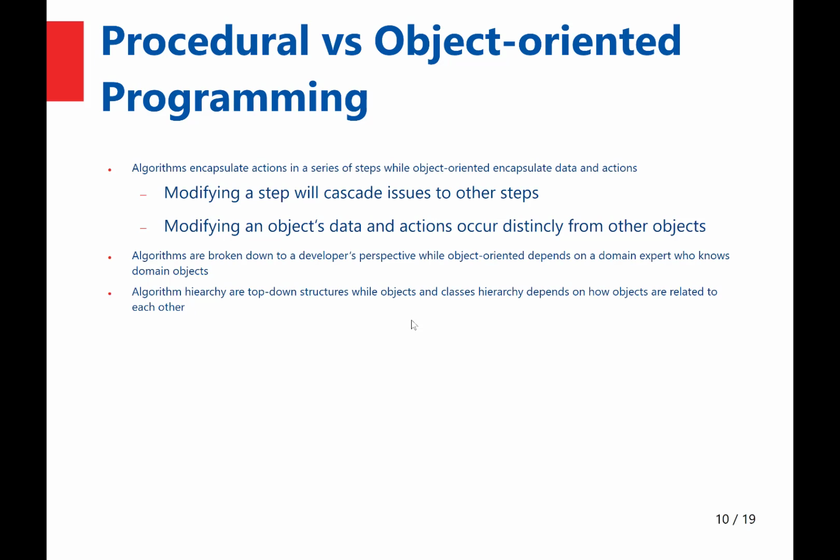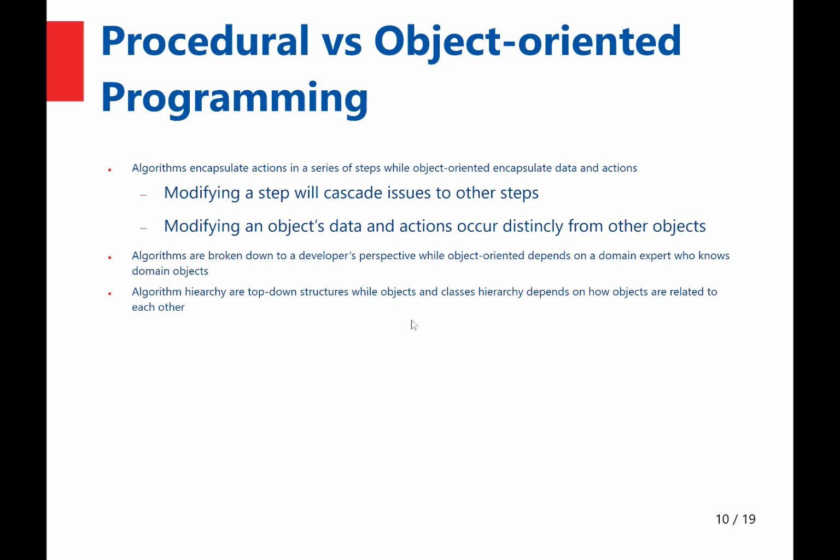Modifying a step in a procedural program will cascade issues to other steps. However, in object-oriented programming, modifying an object's data and actions occurs distinctly from other objects. And if programmed correctly, and we will learn how to program objects correctly, then changes will not cascade like they do in procedural programming. Furthermore, algorithms are broken down to a developer's perspective, meaning, like I said earlier,